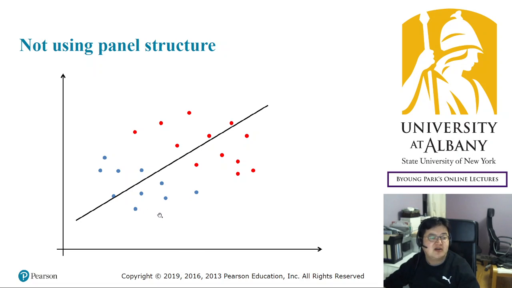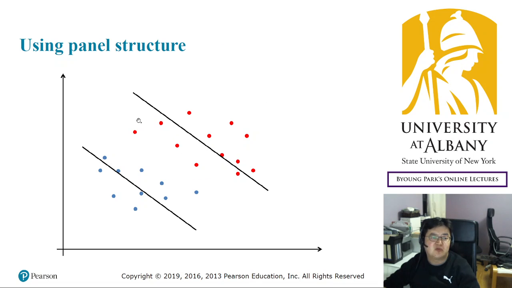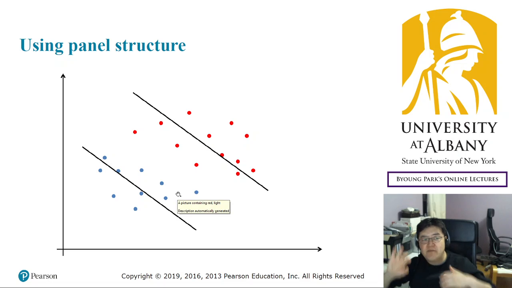Suppose that there are two states like this, and x is here, y is here. If you ignore the panel structure, suppose that you do not observe what is blue and what is red, then the data has a nice increasing pattern. But if you think about the colors, so red has this slope, and blue has this. So if you split them, it has different